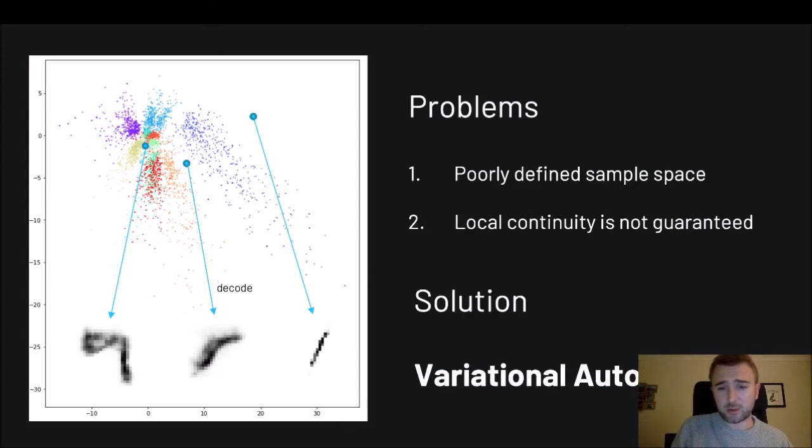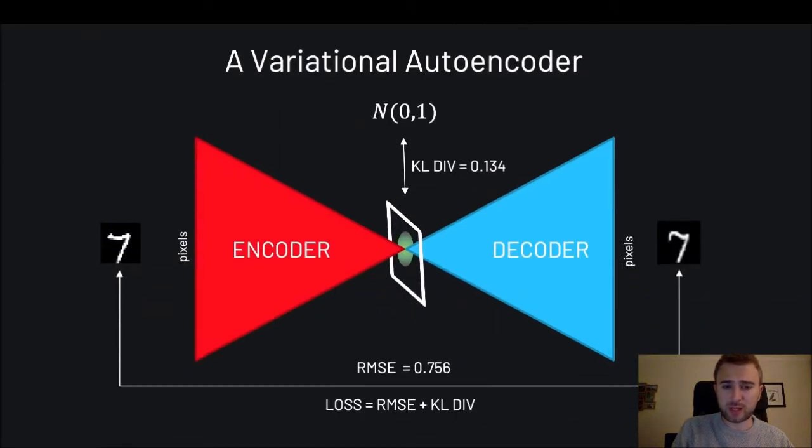So the solution here is something called a variational autoencoder, which is a proper generative model that solves these problems in a simple way. It simply says, well, instead of encoding everything to a single point, why don't we encode it into a small normal distribution, so that the decoder, instead of just decoding each point singularly, instead samples from this normal distribution and then decodes that point. And what this does is it has the effect of essentially ensuring that any region around the normal distribution where the image has been located has to naturally be continuous. It has to decode to roughly the same thing,